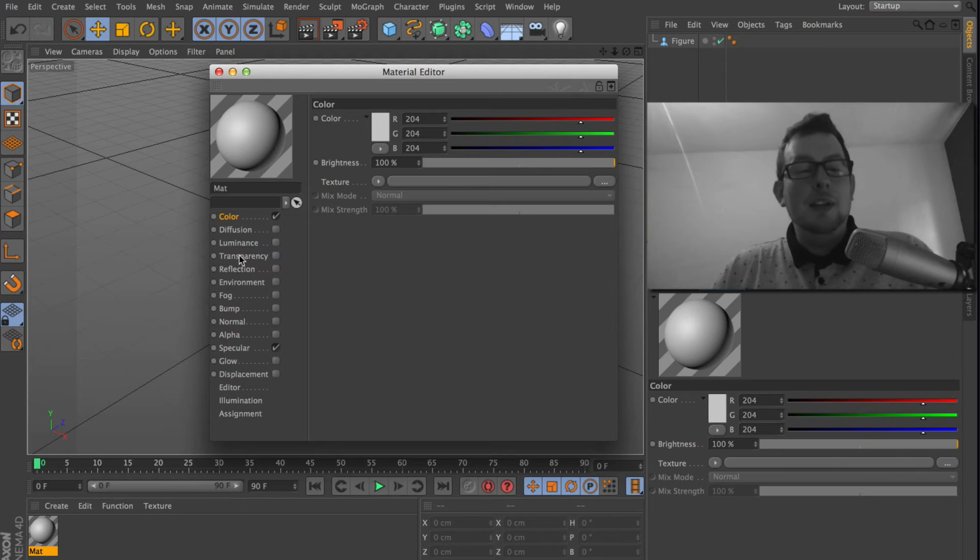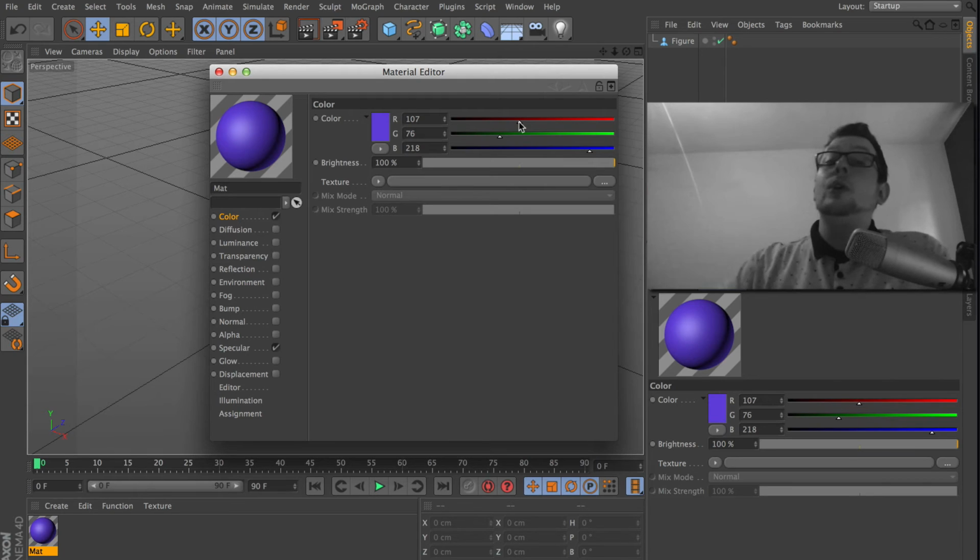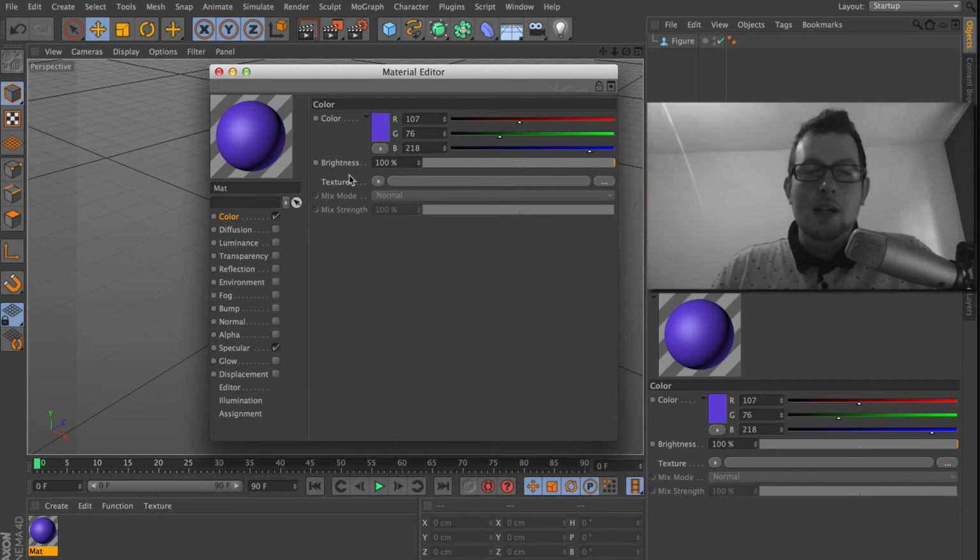Color. These are your channels. These are the different aspects of your material. We call them channels. So what color is it? How transparent? Is it illuminated? Is it reflective, and so on? So color. Two broad things you'll want to do are either choose a color. That's nice and straightforward enough. If you can't work an RGB slider, you're screwed. So choose a color, or if you want to put an image onto your object, well, down here,